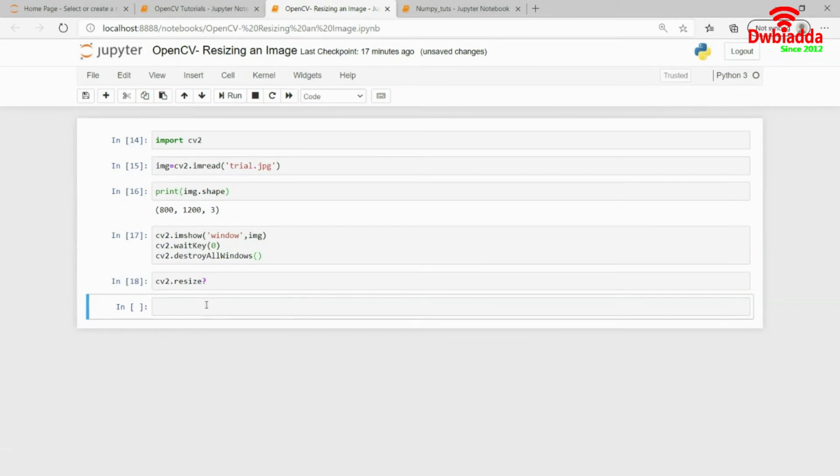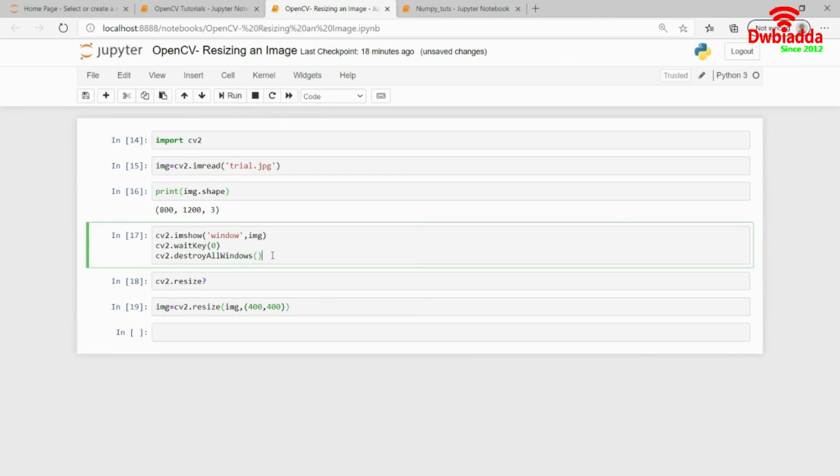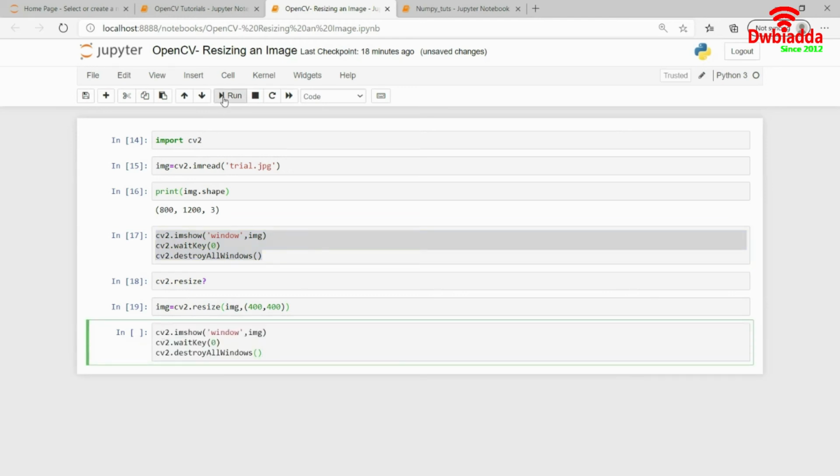Now let's say I want to resize my image. I will store this in an image variable, and I will call the cv2.resize function and tell it that I want to resize my image to 400 cross 400. But remember, when you're using the cv2.resize function, this parameter is always width cross height, as compared to height cross width in normal circumstances. So you have to be a bit careful. I will store this in the image variable, copy all of this over here again, paste it and now run it.